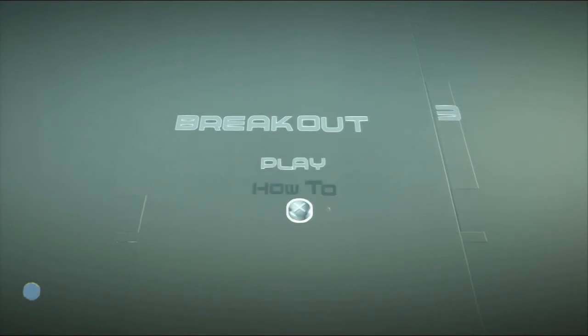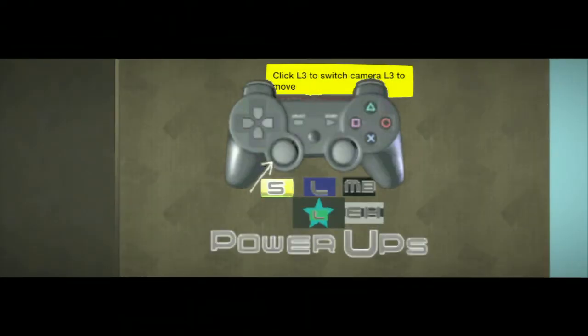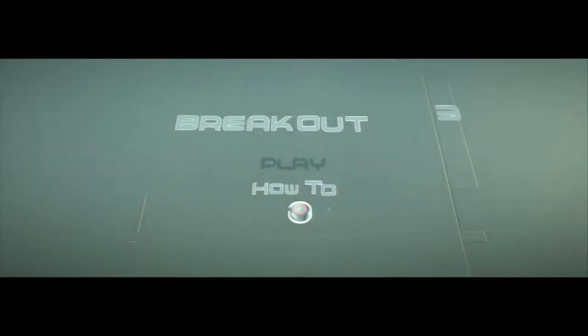Yeah, see, now it says 3. So what you have to do when you make a level like this and you have a menu, you have to make sure that the game controls are disabled. Completely and totally disabled. In my Tetris level, I think,